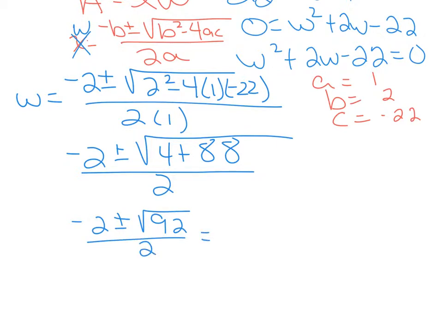Okay, 92 is not a perfect square. If we were just working a pure math question, we would simplify this as much as possible and leave the radical in. But since this is a word problem, we really need to know the width of this rectangle. So we're going to estimate this as a decimal. At this point with the word problems, you can put 92 into your calculator and get a decimal for it. I believe that decimal comes out to be approximately